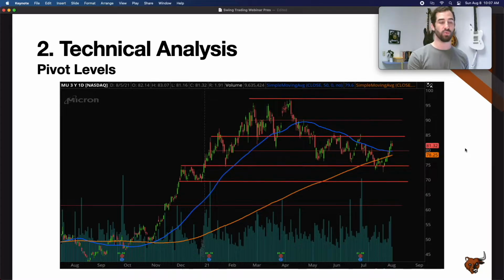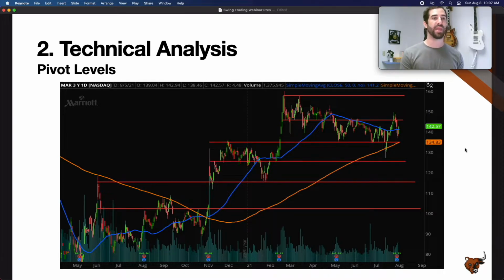Let's do one more. This is Marriott Hotels. Okay? Again, back here, we had the March 2020 COVID drop. The stock sort of recuperated, and notice this. I mean, it just touches the 200 MA and just absolutely gets rejected in a big, big way. Okay? So dropping in a couple of days from around 115 or whatever this was, to 85. That's huge. That's a big drop. Okay? Anyway,